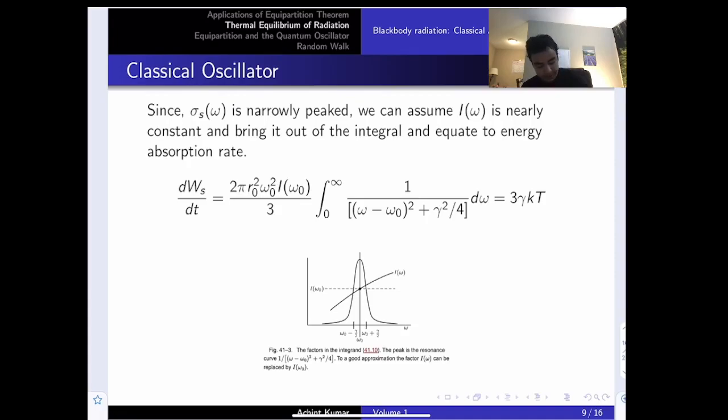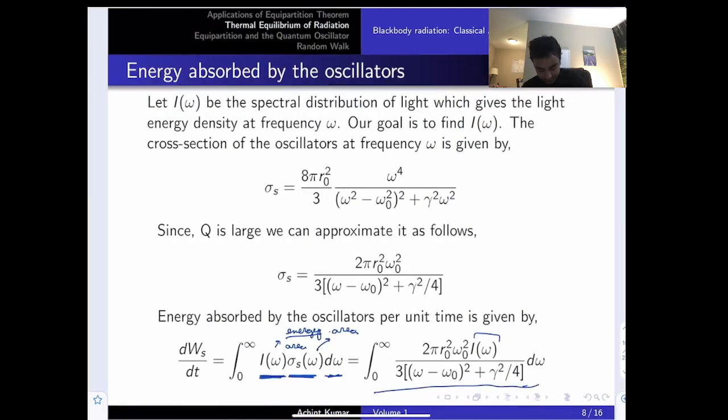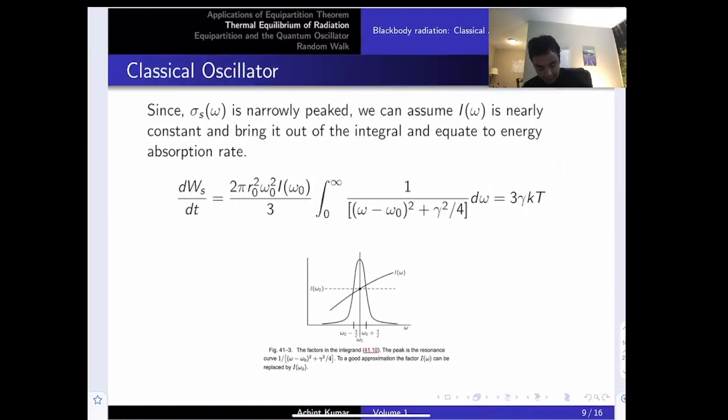I have brought everything in these terms, which are all constant, out of the integral, and I've also assumed that I of omega is nearly constant around the resonant frequency, around omega naught. So I've brought that out as well. Next, I do this integral from 0 to infinity. Because it's so sharply peaked, I can integrate it from minus infinity to infinity without changing the values much, and this turns out to be equal to